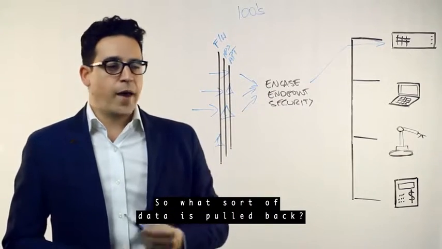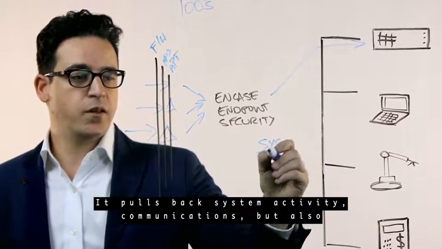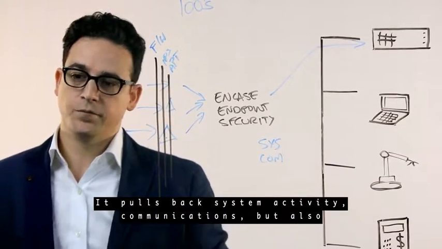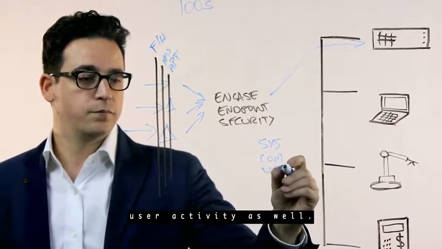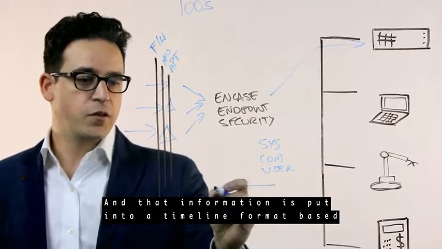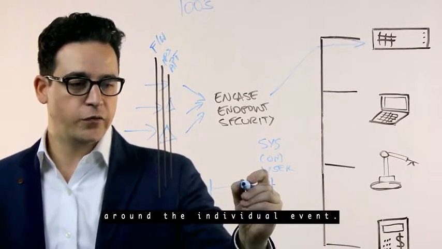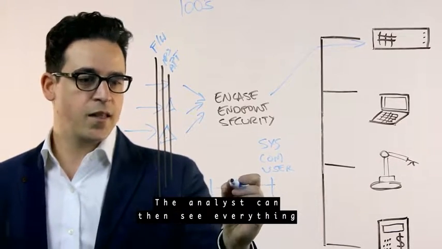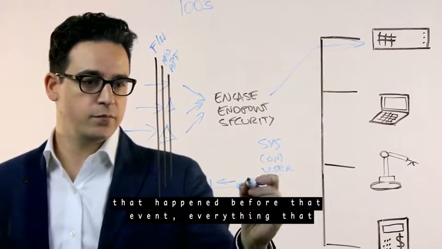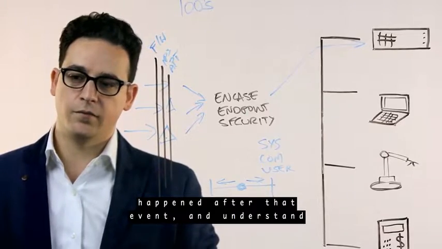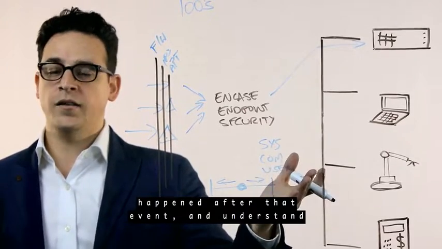So what sort of data is pulled back? It pulls back system activity, communications, but also user activity as well. And that information is put into a timeline format based around the individual event. The analyst can then see everything that happened before that event, everything that happened after that event, and understand exactly